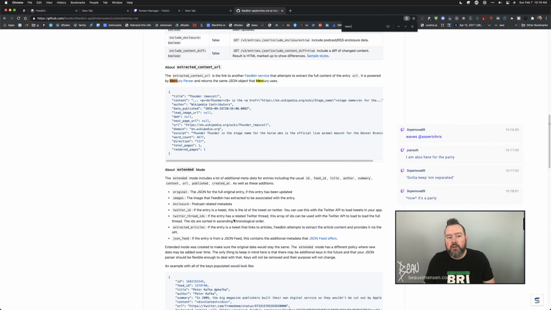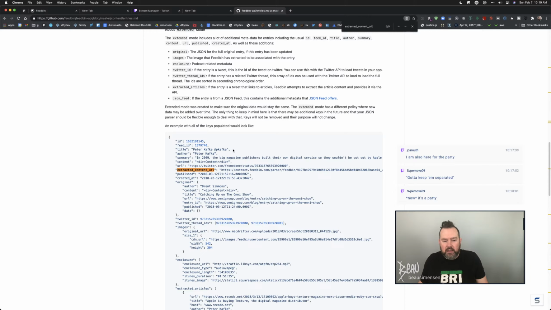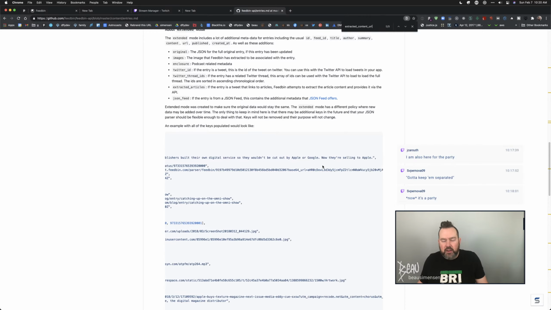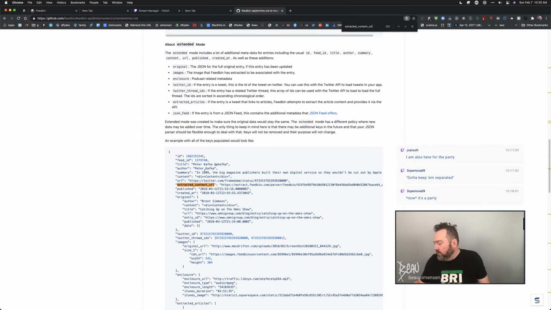Mercury. Extracted content URL. So extracted content is another service. One of the pieces of information that comes back from the entry is the URL to get the extracted content from the URL. So I actually want to get both of those things. So the workflow will be: find starred entries, look to see which of those starred entries I haven't already stored locally, and then go get each individual entry, get the extended information for each individual entry, and then look to see